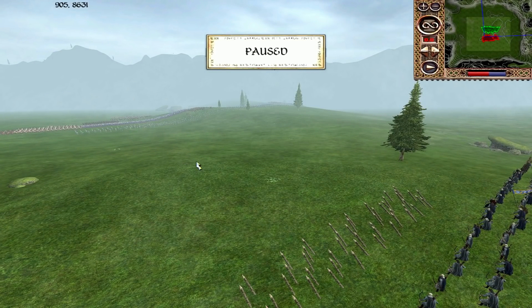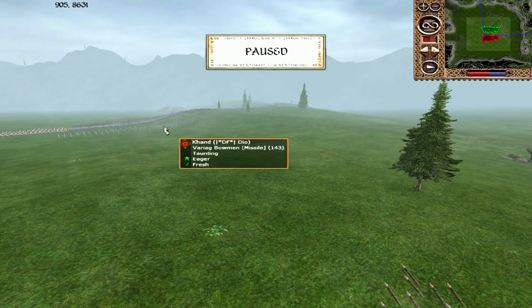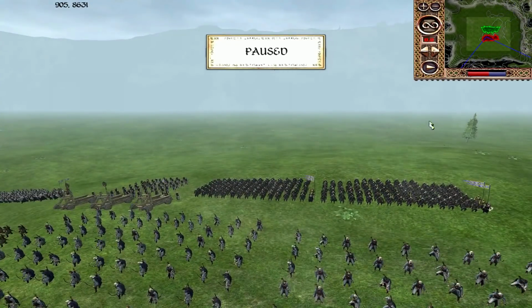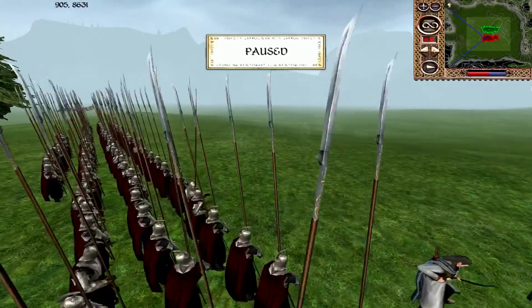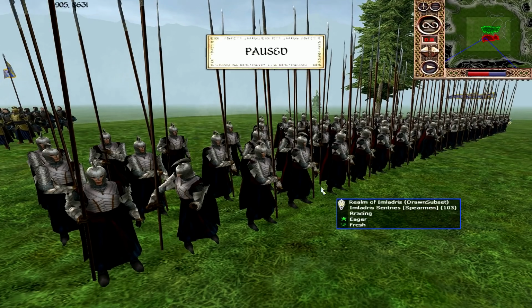but I would be slightly worried for them based on the fact that Khand do seem to be set up to try and absorb a lot of this arrow fire, give back some damage with their Variag Bowmen, and obviously the Huacha is also a danger as well. Again, my cold still hasn't gone, so I can only apologise for me sounding gross,